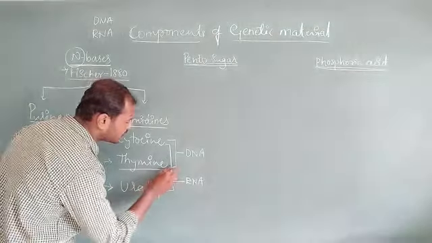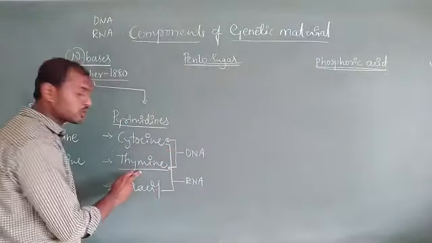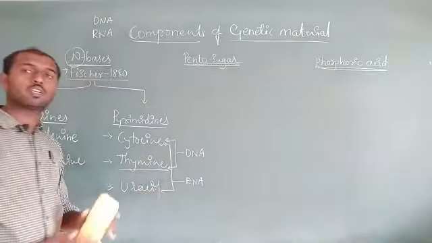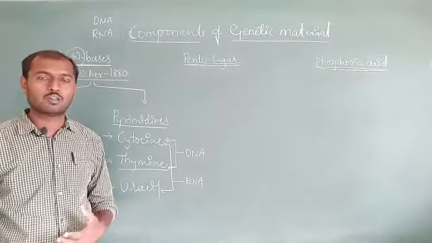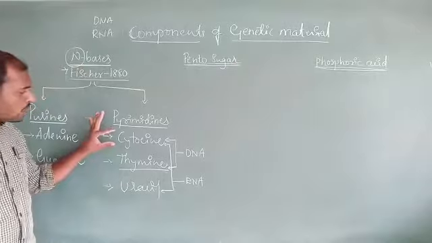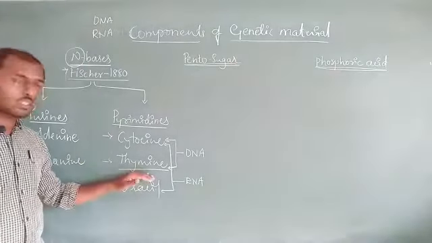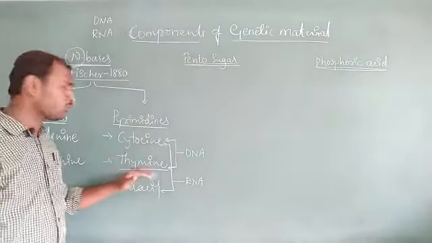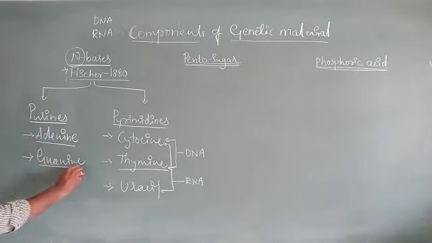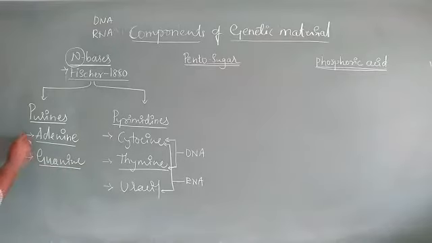Okay, so what we can see is cytosine and thymine in case of the DNA, and in case of RNA, when you are going to construct the RNA, if we are studying the RNA structure, then we are going to get what? Cytosine and uracil, not thymine. So thymine we don't get, only cytosine and uracil. But in case of the purines, in case of purines we are going to get only two types, that is adenine and guanine. So these both are present in case of both,